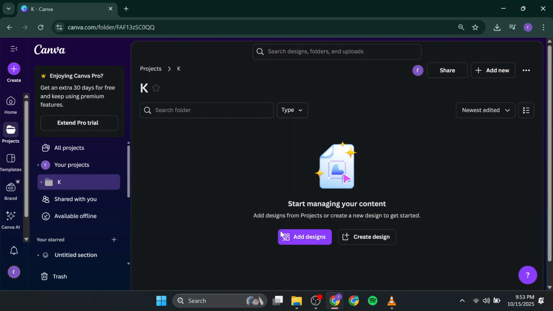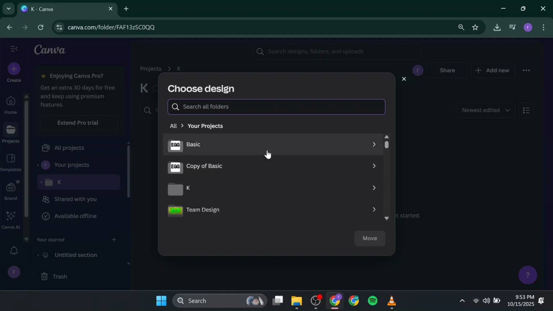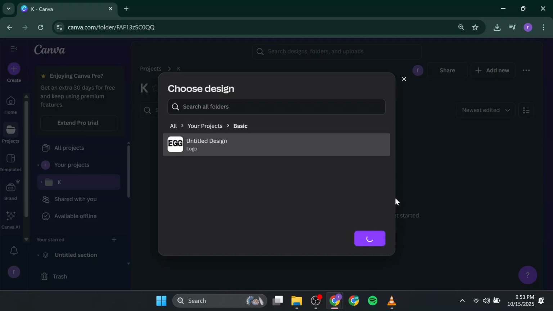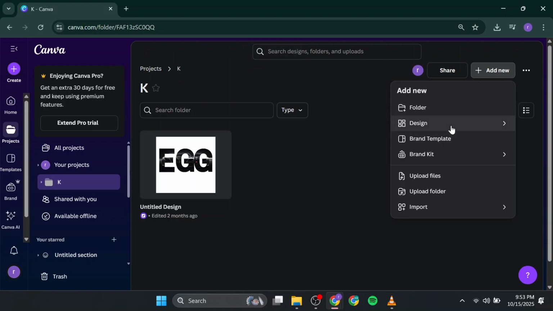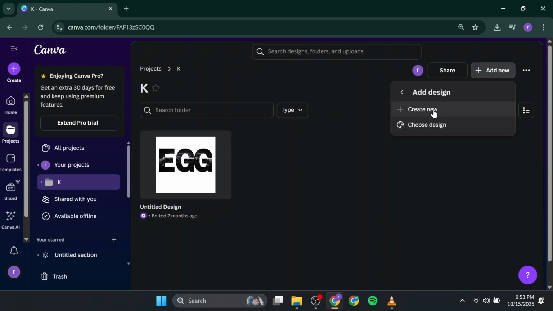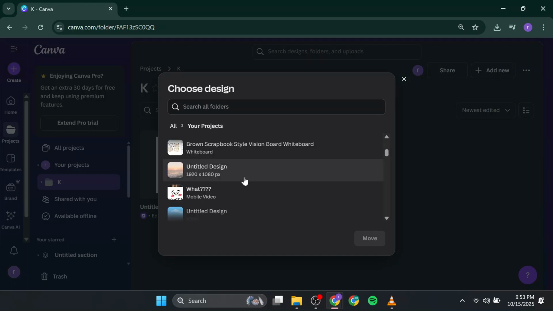To add your designs, click Add Design. This will open all your available projects. Begin sorting your designs by selecting which ones belong in the folder. If you have numerous projects, browsing through your dashboard gives you a quick overview, helping you organize efficiently. Finally, select all designs you want to store in the folder and click Move. This transfers the chosen designs into your new folder, completing the organization process, and there you have it, a simple